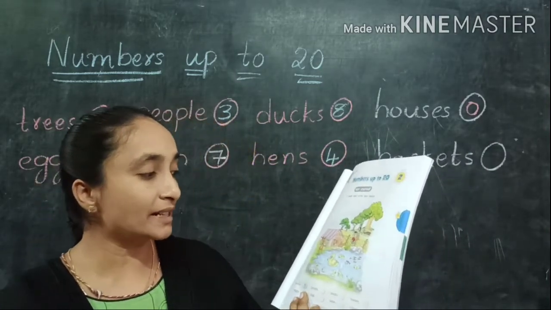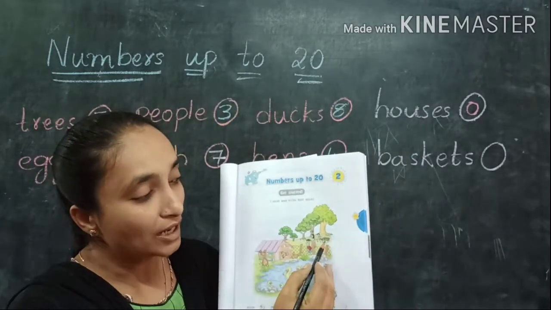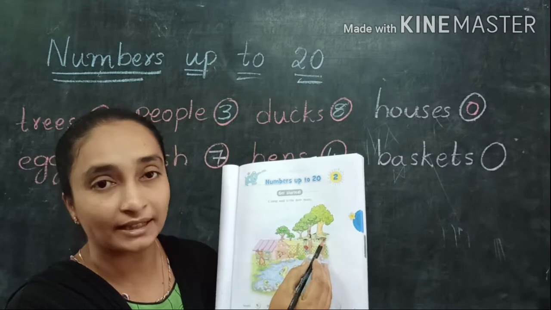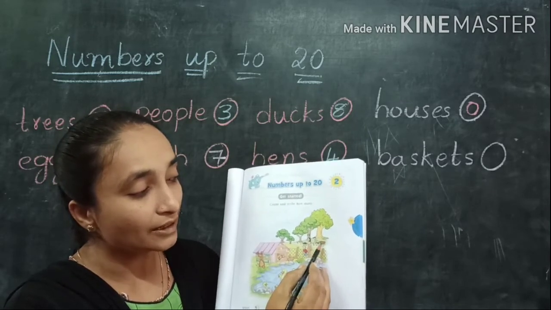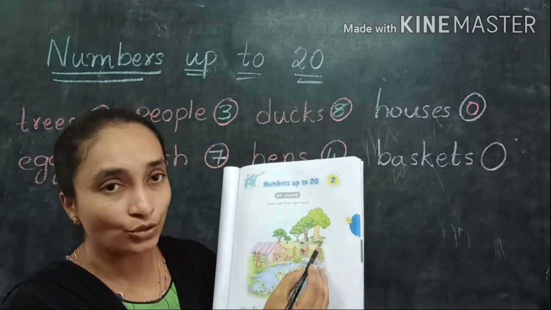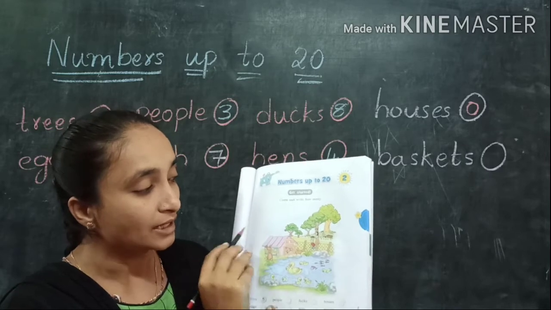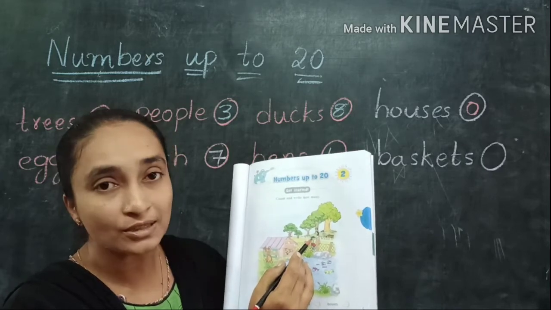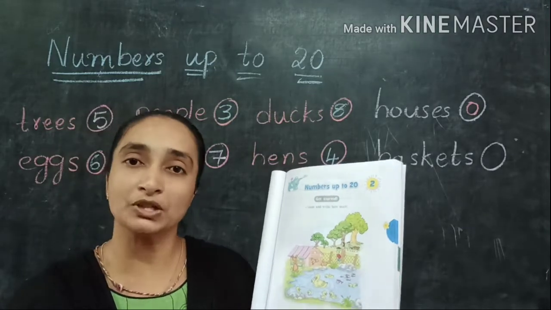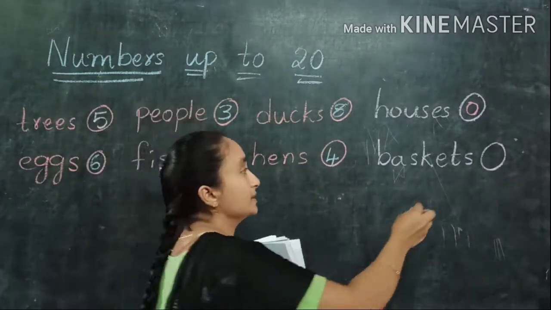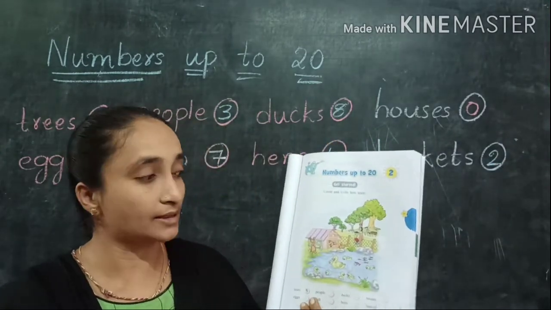Now last one is they have given as baskets. So where are the baskets here? Where we can see the basket? Yes. The father here, he is holding one basket there. So the father, he is keeping behind here we can see one next to him. Beside the father, here we can see one basket, and the mother she is holding another basket. So here we have the 2 baskets in our picture. Let us write the number 2. So we can see here the 2 baskets.